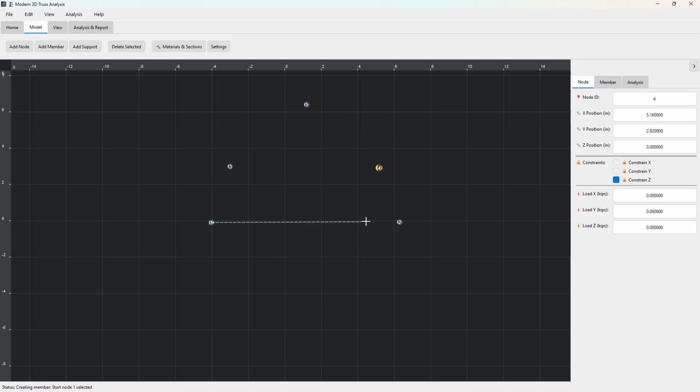I'm going to start from 1 to 2, 1 to 3, 2 to 4, 3 to 4, 5 to 1, 5 to 2, 5 to 3, 5 to 4. So it's gonna be like a dome or something like that. So we're in a good place